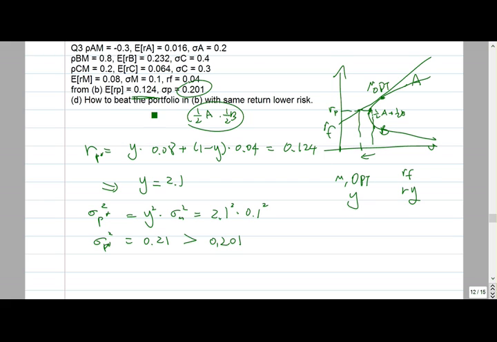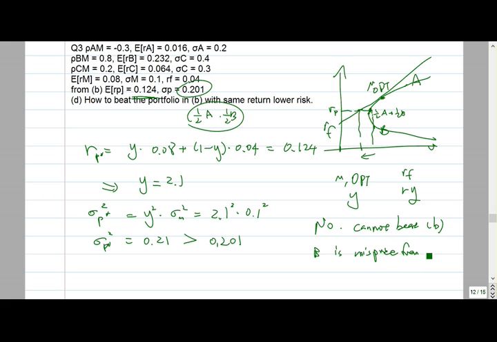So that's why the answer is no, cannot beat the thing we get in part B. So why is that? So from this diagram, obviously it's not possible, but remember from part A, B is overpriced. Is B overpriced or underpriced? So B is, let's say, mispriced